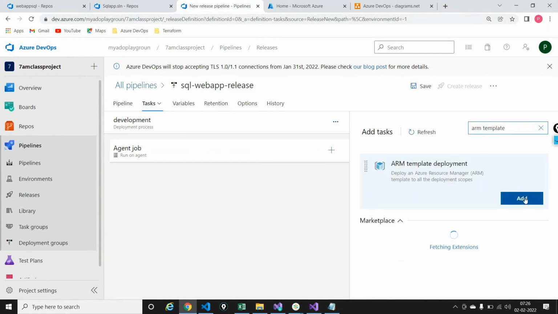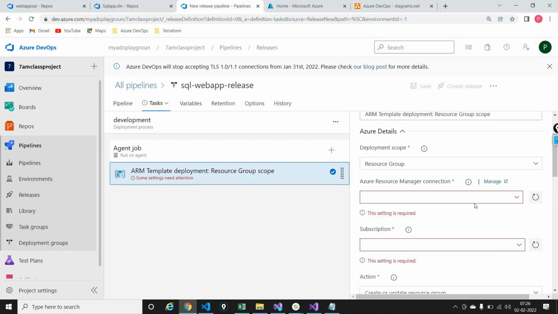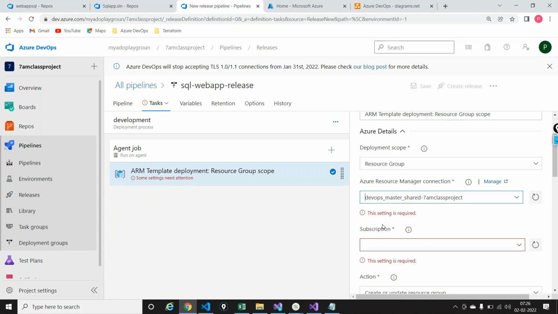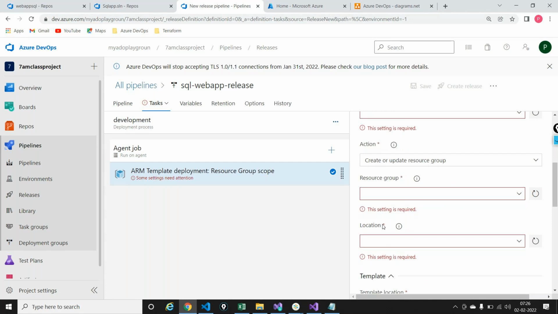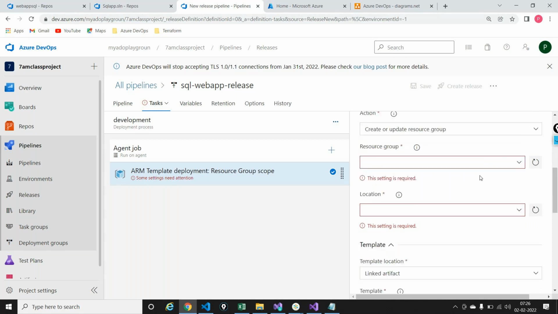I'll say add, and it's now asking me for a resource manager connection. I'll just go ahead and give this particular connection out here. That's the service connection that I do have right now. It's asking for the subscription. I'll just go ahead and give the subscription name. It's now asking me for a resource group name. I'll say it is